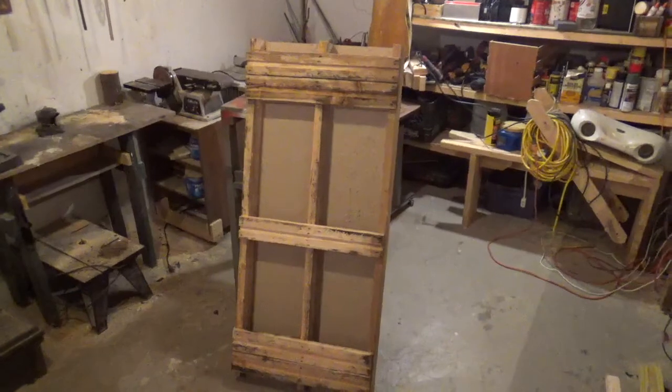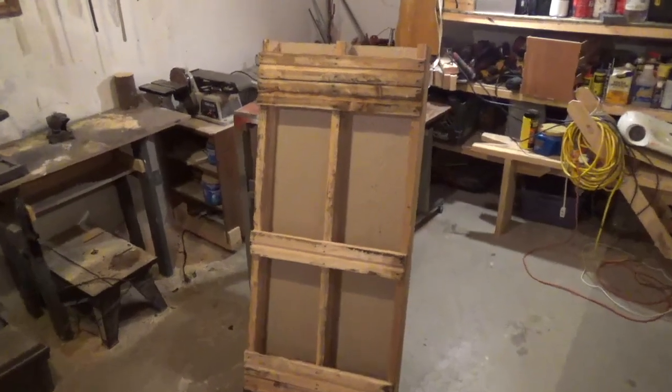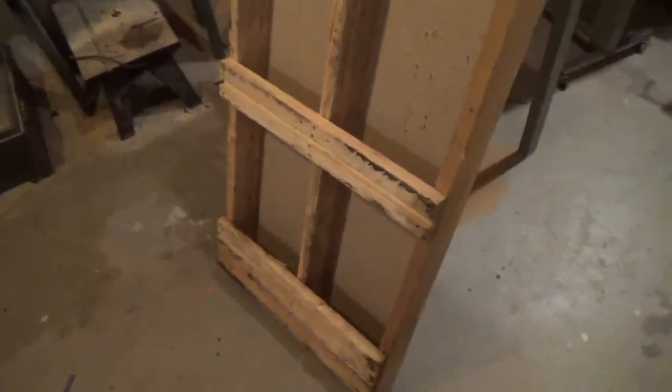Today we're going to build a body armor slash gear rack, and just like when I was overseas, we're going to have to use what we have on hand because that's just the way that we do things around here. And that means today we're going to be using this old